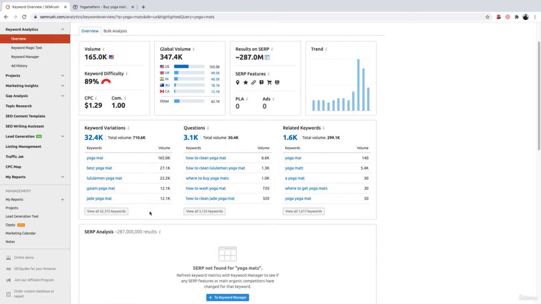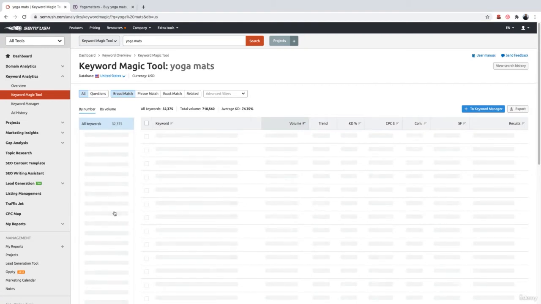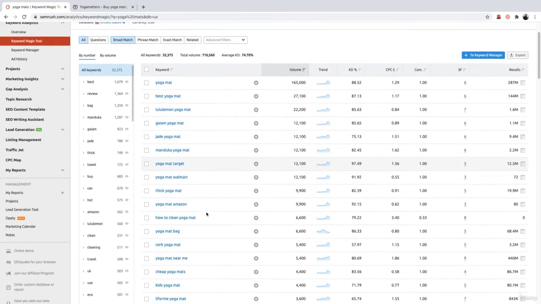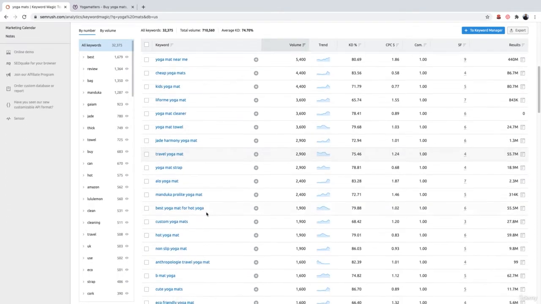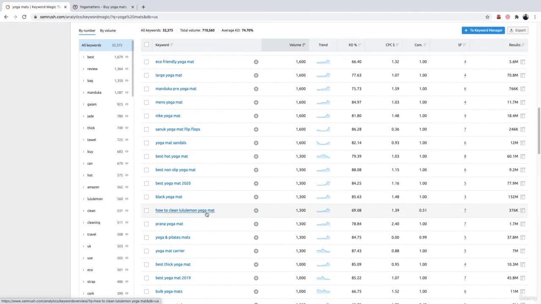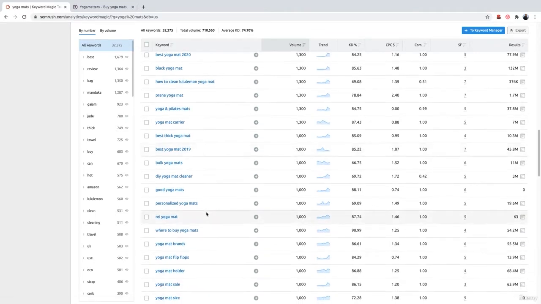If you wanted to view all those 32,000 keywords, what you need to do is simply give that number a click, or you can simply click the box below where it says view all 32,375 keywords. So let's go ahead and do that now. And just like that, we can now see all of those 32,000 keyword ideas which SEMrush has returned. So it's literally taken us a few seconds, and we've got over 32,000 keyword ideas that we can use to